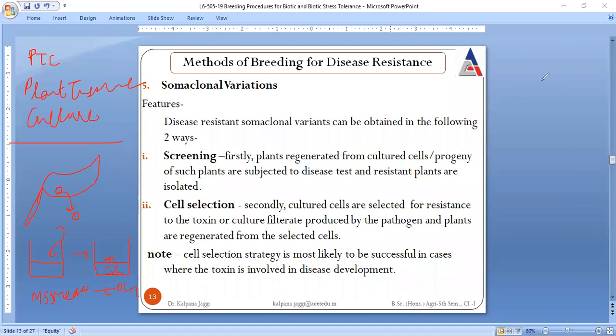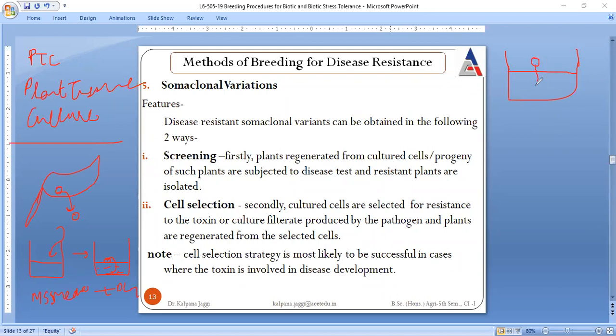And this media is to be changed from time to time, because as the tissue keeps on growing, it will be utilizing all the nutrients which are present in the media, and very soon will come the condition when this media is deprived of any more nutrients. So this media is to be replaced with a newer media, and plant growth regulators are to be added into it at the end stages. Then from this